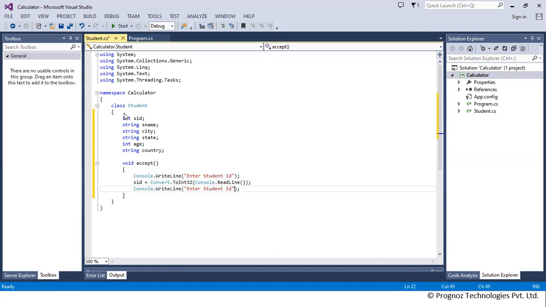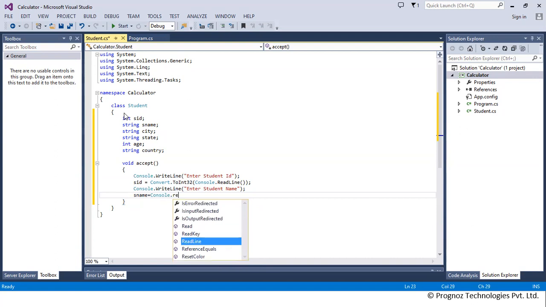Then write enter student name, then sname equals Console.ReadLine. For string we don't have to convert it.